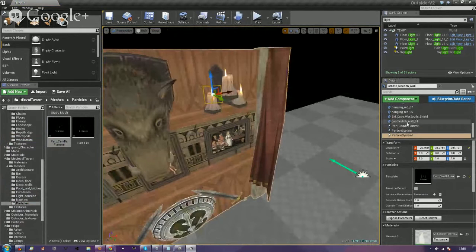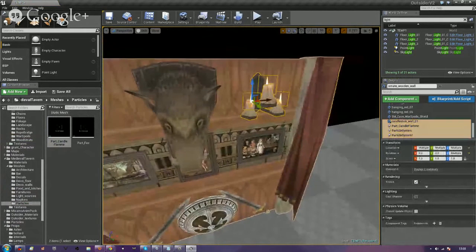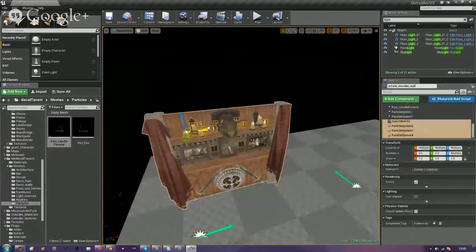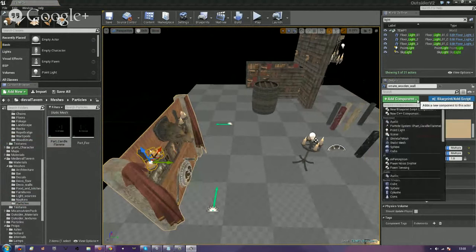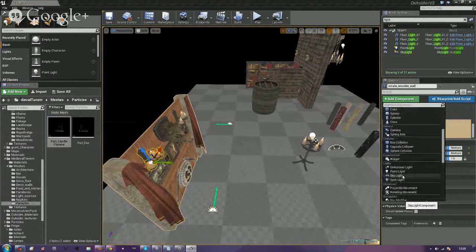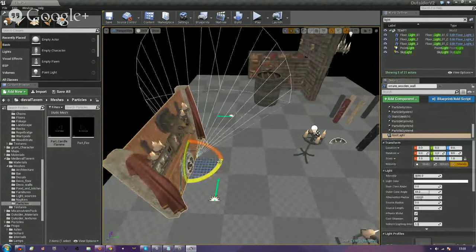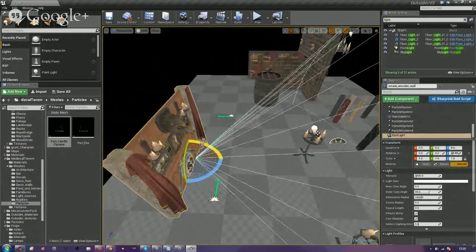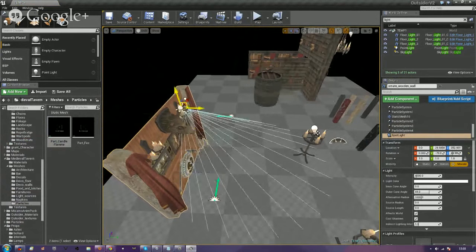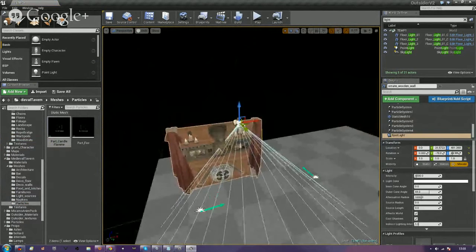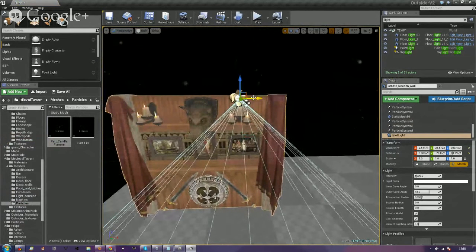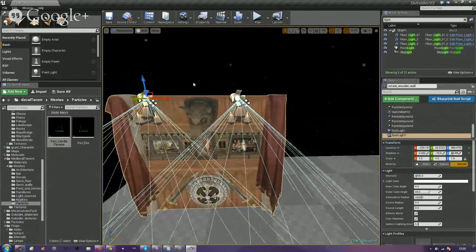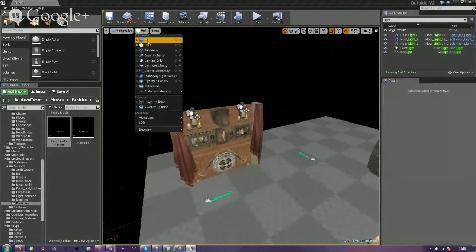like that. And now if I get these 4 items, what I can do is just shift and drag them straight up to there, like that. And then I want to add component, and I'm going to add light, spotlight. There we go. I need to set this up properly so it's facing the right direction. Technically our candles are going to be spots. Be careful as well because you don't want the ceiling to intrude. There we go. Now if I change this from unlit to lit,